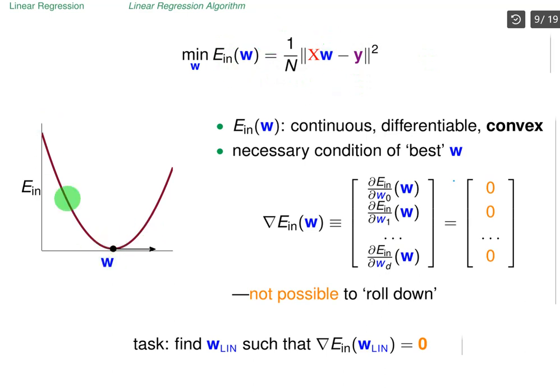For that, we can consider the necessary conditions of the best possible weight, where we deal with the gradient of the in-sample error function. So the gradient of the in-sample error should be 0. These are the values, the tall vectors. So the gradient of the in-sample error with respect to W0 should be 0, W1, up to WD. So we are analyzing the in-sample error function in terms of the gradient. We want to find the weight that makes the gradient of the in-sample error zero. Okay, that's our next task. So